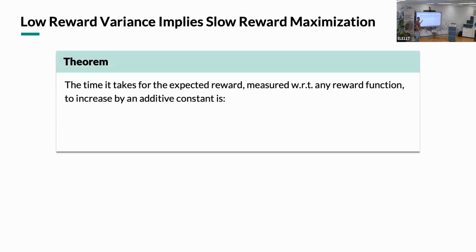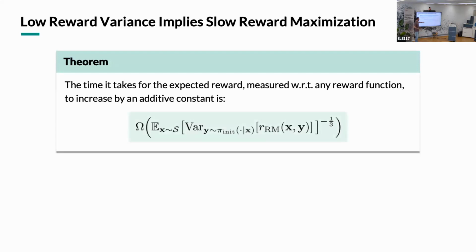Formally, the time that it takes you to increase the expected reward by any additive constant that you choose, and this is going to be true both for the reward that you train with, the proxy reward, and also the ground truth reward, grows inversely with the initial reward variance. This is just an average over our training set of prompts, and the variance with respect to the initial policy of the reward. And you have this inverse relation with some power, which is not super critical. The main point is, as the reward variance is lower initially, it will take you a longer time to increase